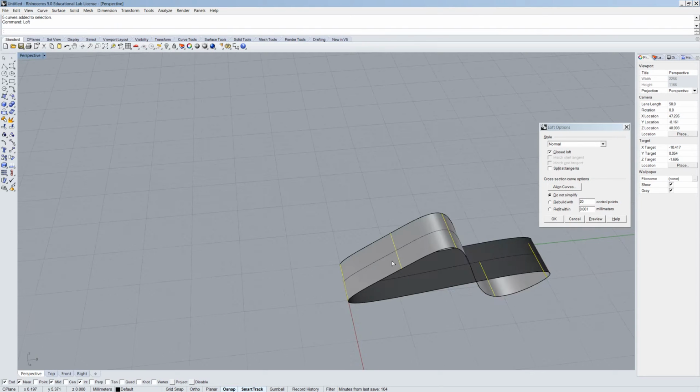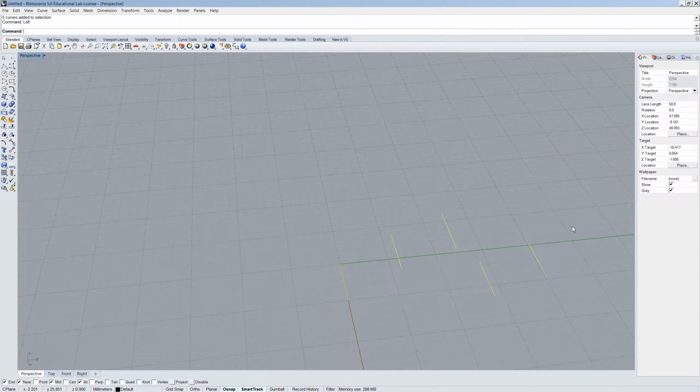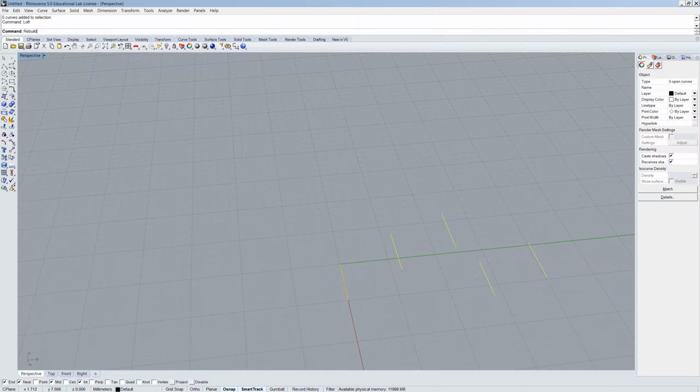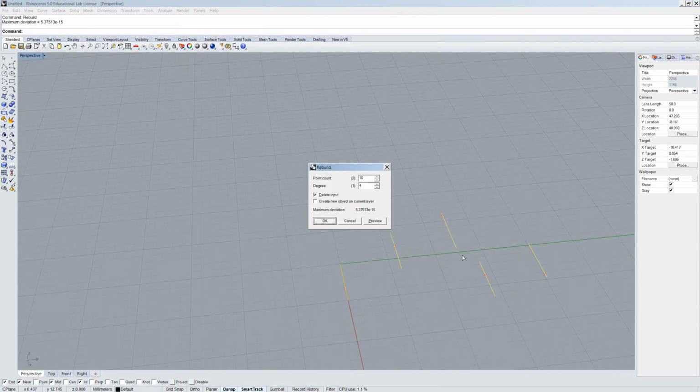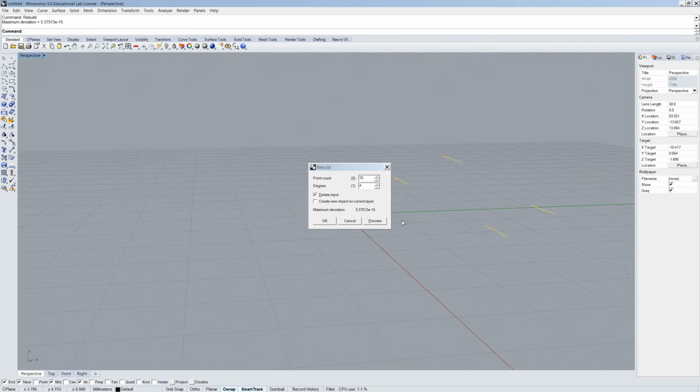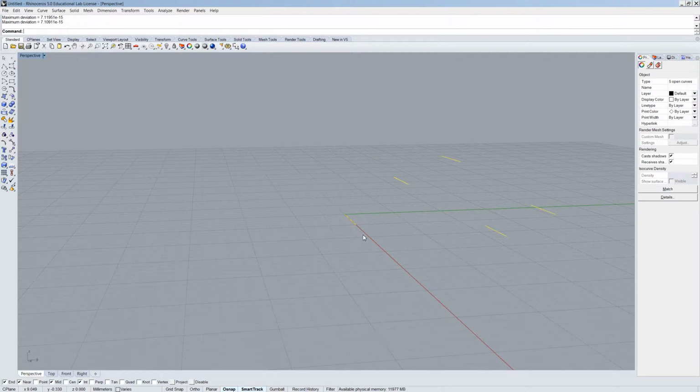But you know, that's not as cool as I think we can make it, so I'm going to cancel out of this, and I'm going to rebuild the curves to be curvy in the x direction, and then because there are different positions in the y direction, the resultant surface will be curvy in both directions. So I'm going to change that number to 5 and change the degree to 3,